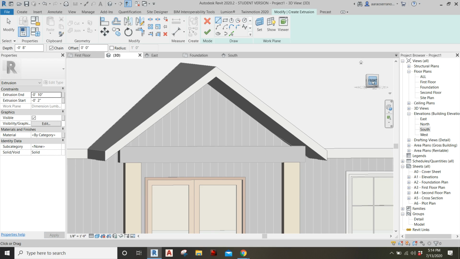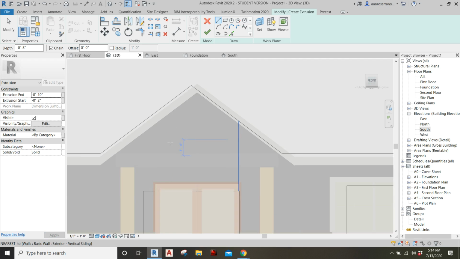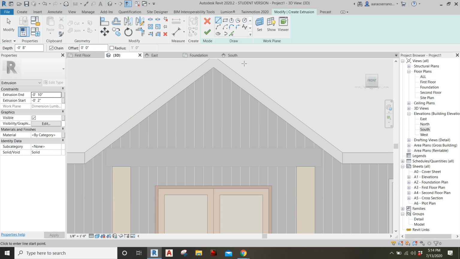So now I'm going to get right in front of it, so it makes it easier to draw. And now I'm going to pick lines, pick this line, that line, and now I'll offset 8 inches for the width of the beams. And now if I trim this one here, I trim it, but then I still need a line here, so I'm not going to do that. I'll go back, Control Z,